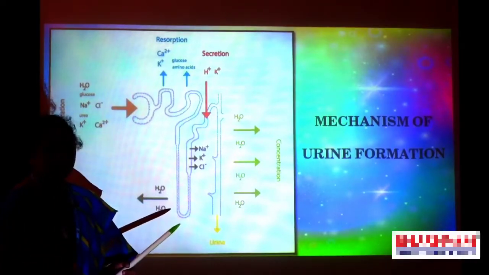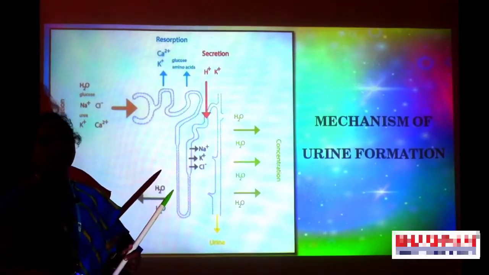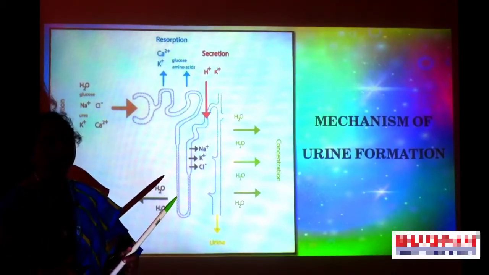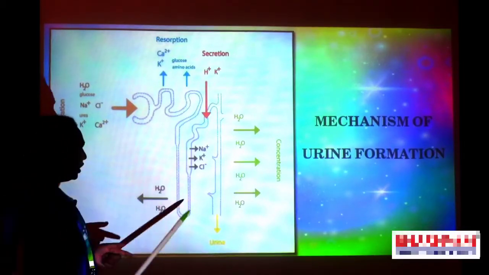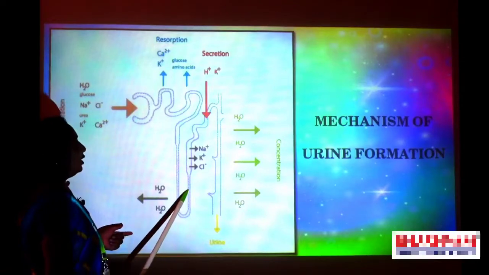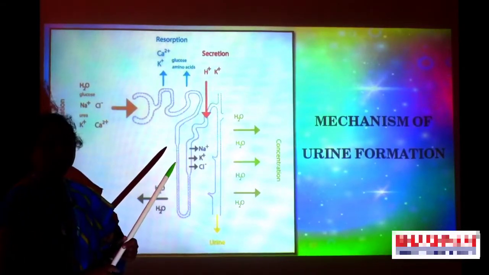In the human body, the concentration of urine is 4 times higher than the other interstitial fluids. So this concentrated urine now moves into the next step of the nephron, that is the